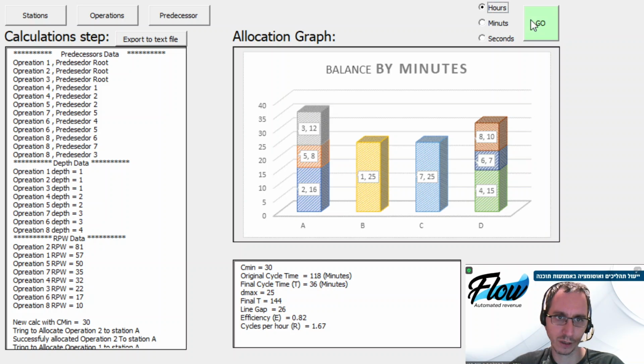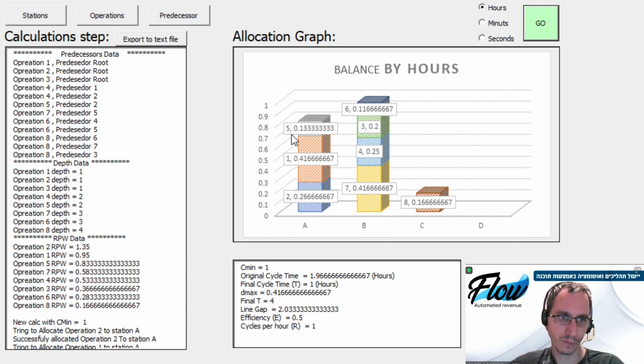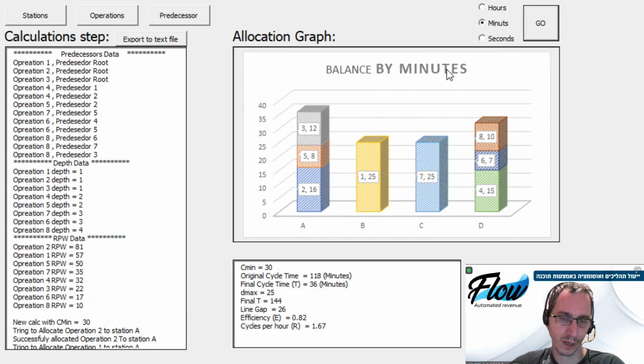If I change here to hours, I will see the duration in hours, so it's a fraction. And I can use seconds, then the number will be larger, and that depends on how we insert the data, so it will be easier for us to see. Yeah, okay, so we have the activity name, operation name, we have the durations,